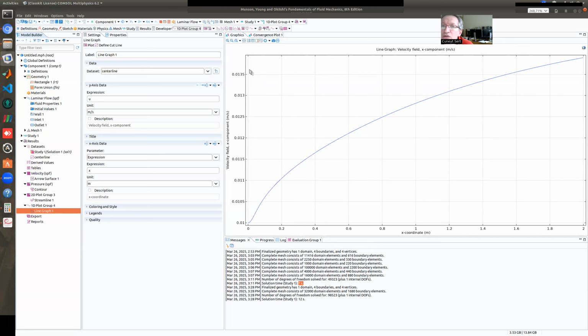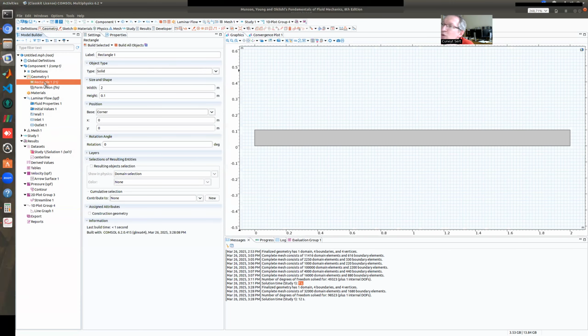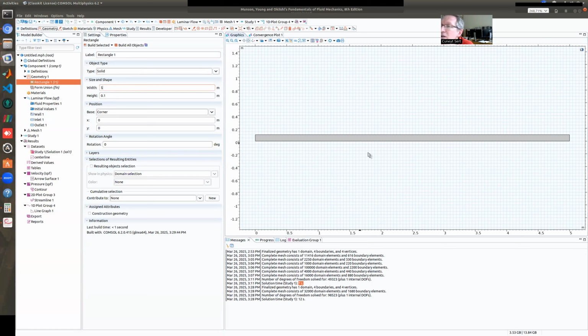0.015. I'm trying to see 0.015 here, right? And it is not fully developed yet. So I need a longer channel. All right. I will make it longer because I really want to see that fully developed region and check whether 0.015 can be calculated or not. So I will make it maybe 5. So this is now a really long and thin channel. And I will create the mesh again,